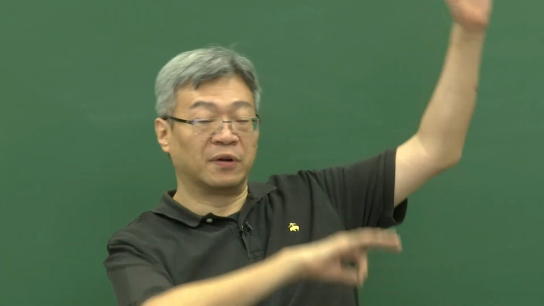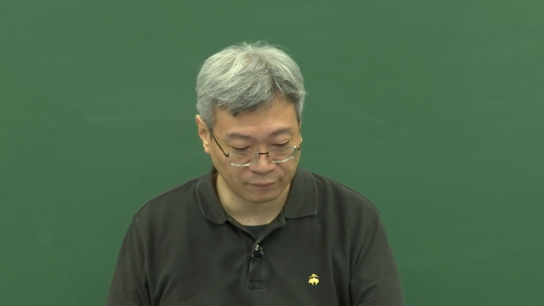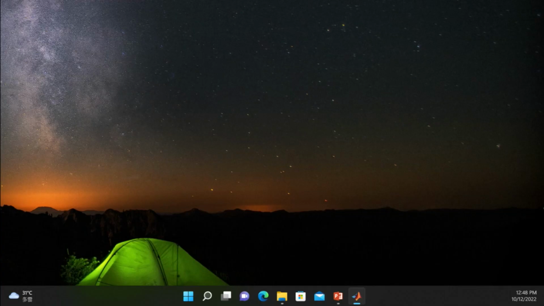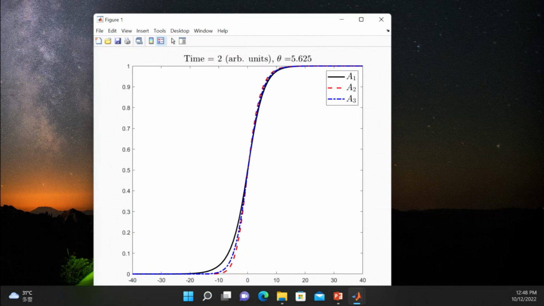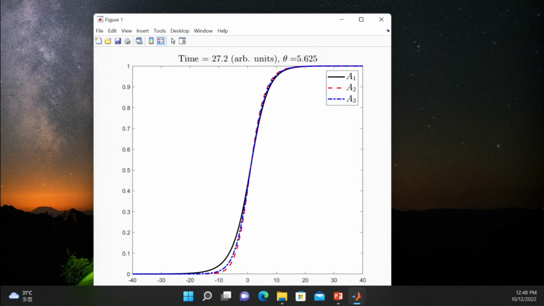So let me now break the symmetry, right? Previously, the K2 and K3 with this normal along the x direction are symmetric. So let me break the symmetry and try maybe theta. Try different theta. Let's do it like a few degrees, right? So that would break the symmetry. 5 degrees, right? But as expected, you are expecting the largest K dot n still occurs with A1. So still the A1 has the most